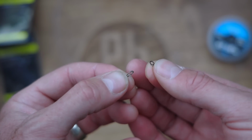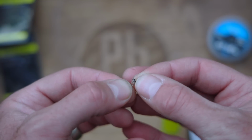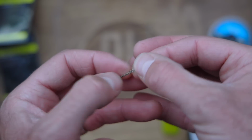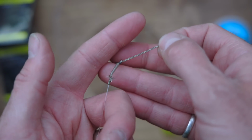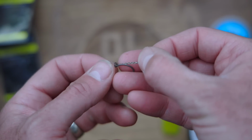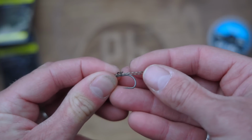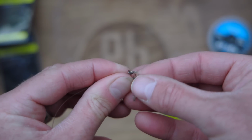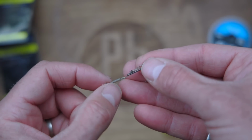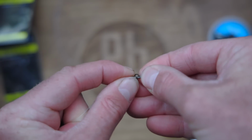Then get your hook ring swivel, and through the ring you're going to pass that onto your loop of supple braid as well. That hook's sharp. And then you're going to pass the loop of braid over the hook and the point, which will secure the hook ring swivel on there, and then your kicker comes over the eye of the hook,